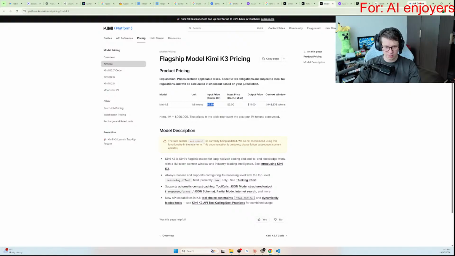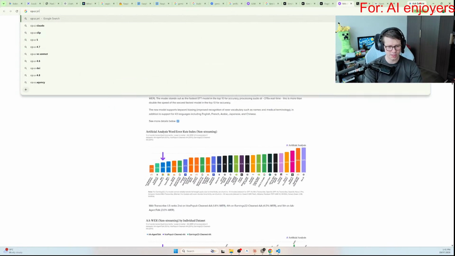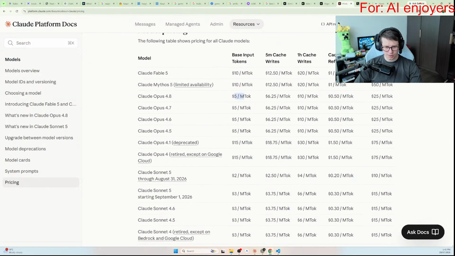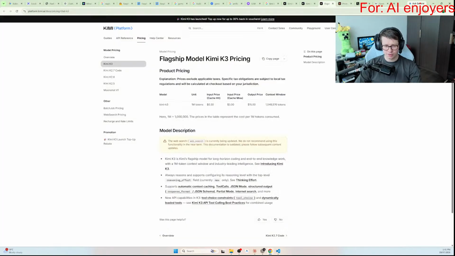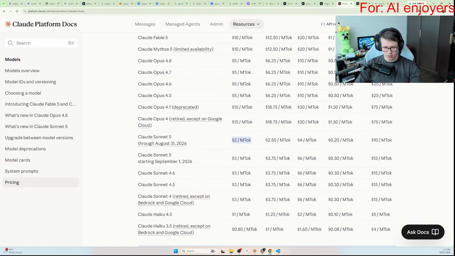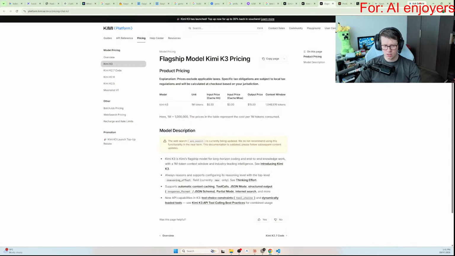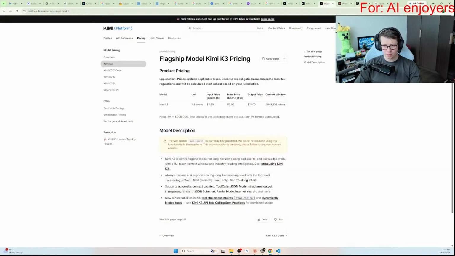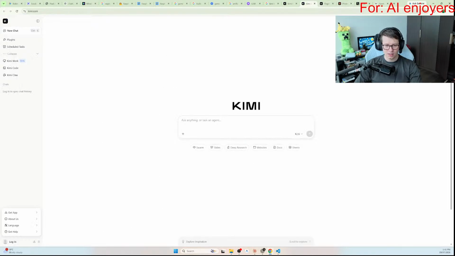Kimi K3 input price, $3 to $15. What is Opus price? That's cheaper than Opus. And it is, what is that, 25, 15? So is that Sonnet level? No, Sonnet's cheaper. Not by much. It's a little bit more expensive than Sonnet, but the